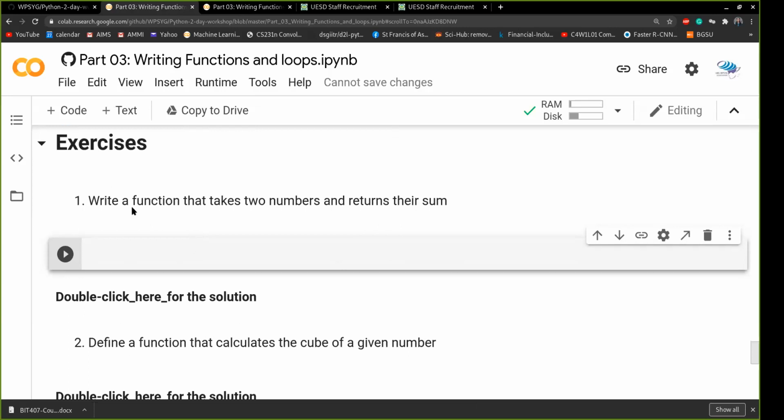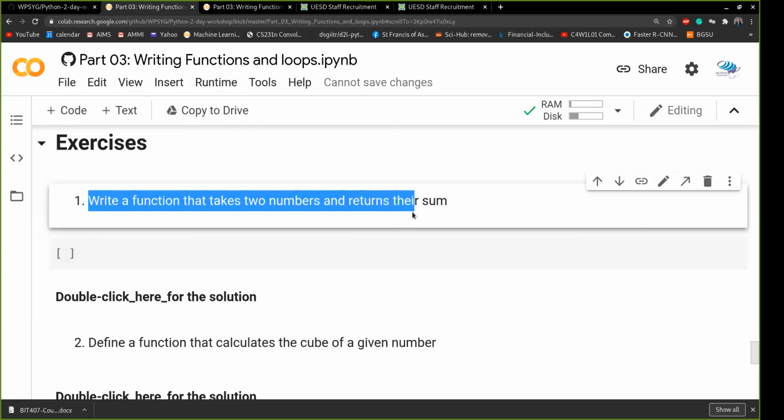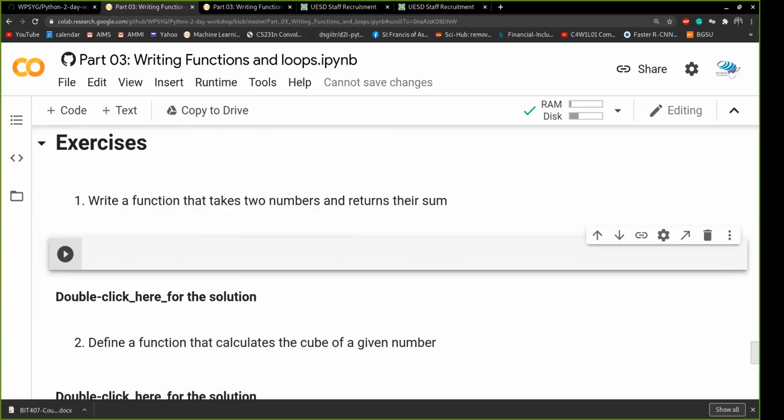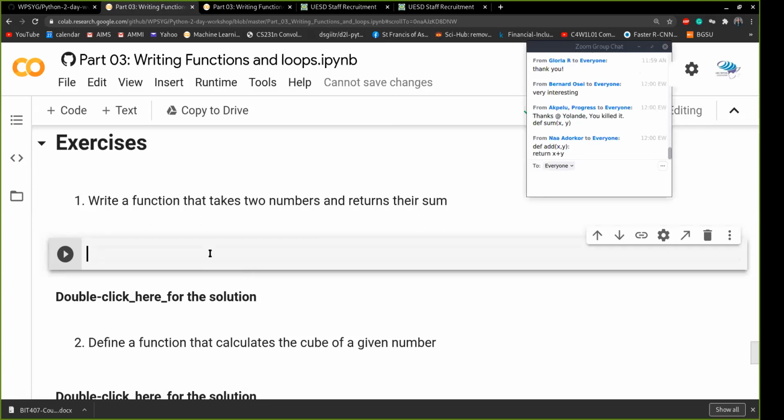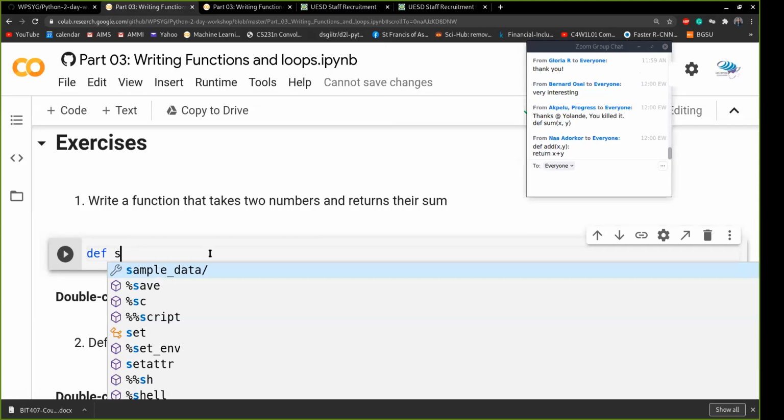So the first question is that we should write a function that takes two numbers and returns their sum. Write a function that takes two numbers and returns their sum. How do we go about this? Let me open my charts. Any idea? We want to write a function that will first take two inputs. Okay. Progress says I should write def sum, oh sorry, def sum,